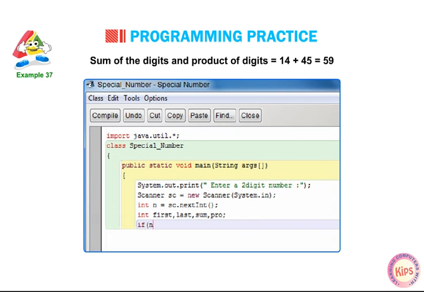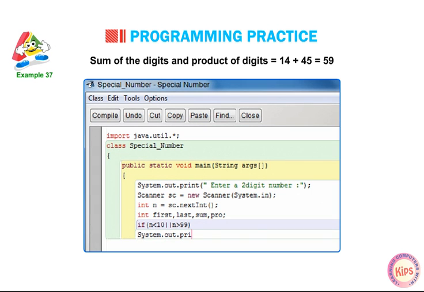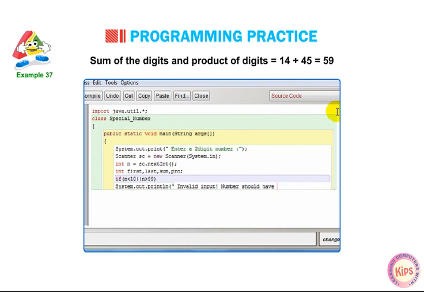if (n < 10 || n > 99) checking whether entered number is two-digit or not. System.out.println("Invalid input! Number should have two digits only.");